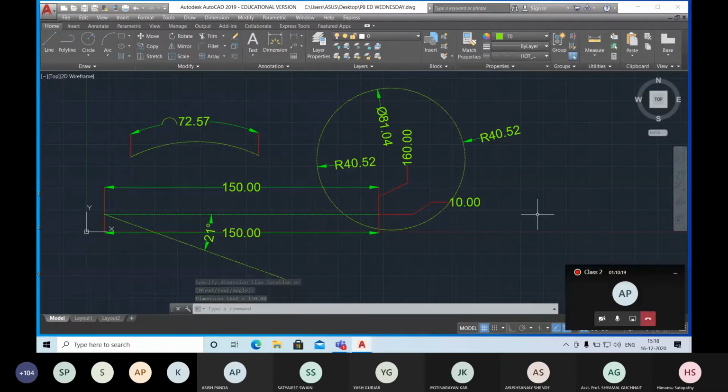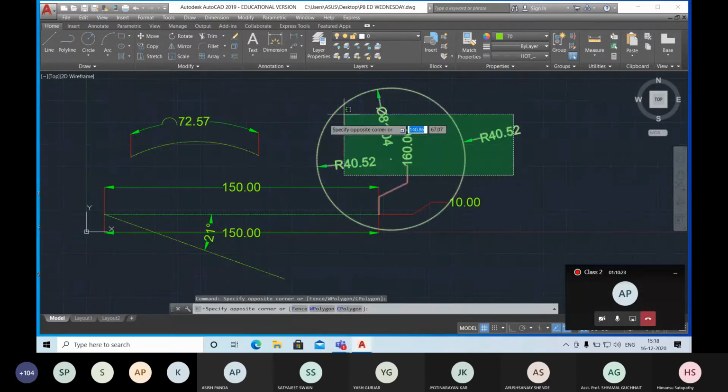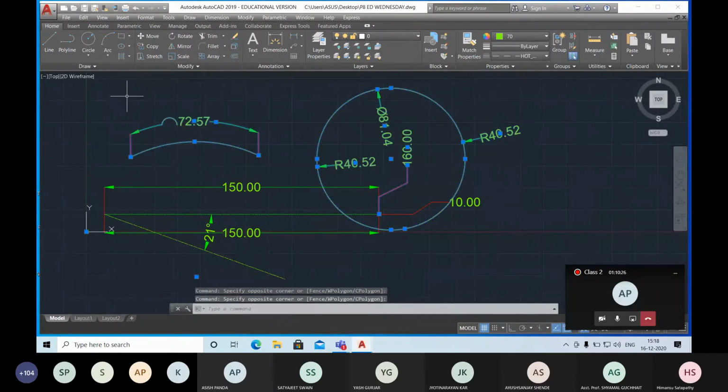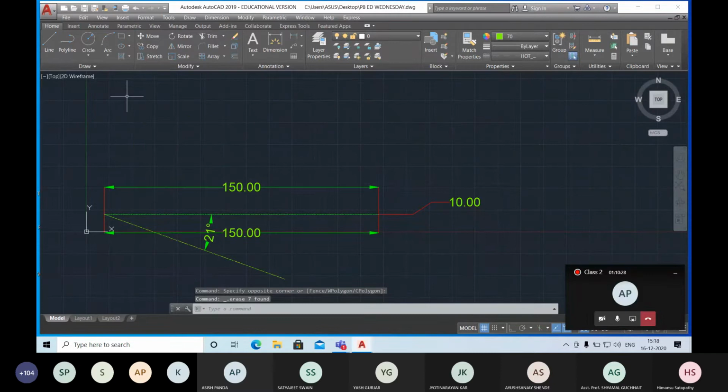Okay, so this is your sixth setting. Under this you can change all the options, or you can select the setting, change the setting so that you can read the command lines.